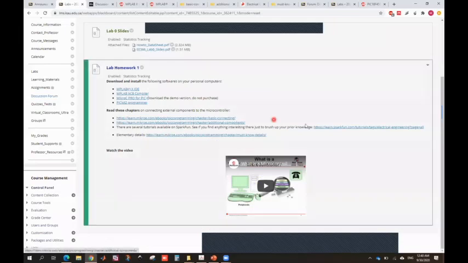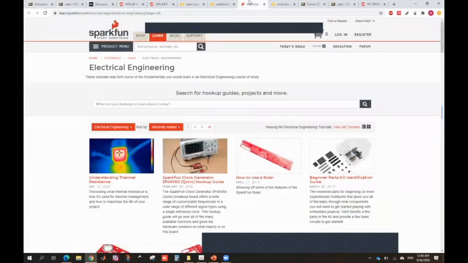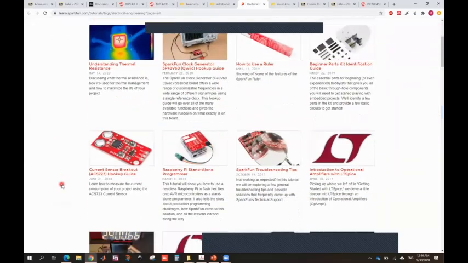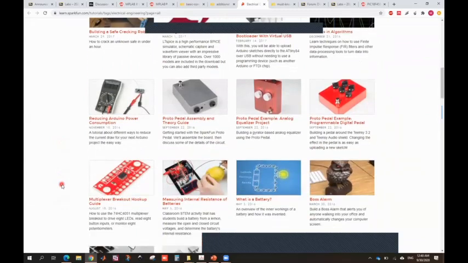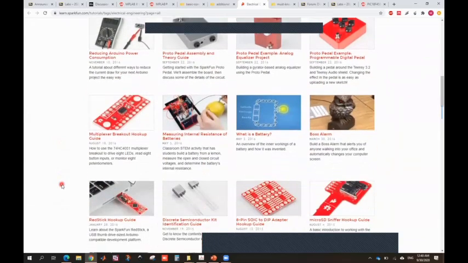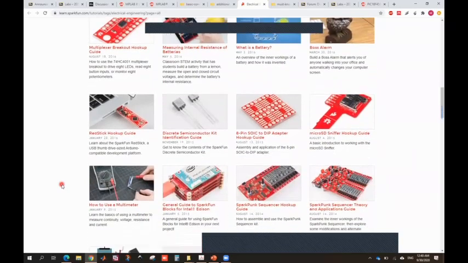There are some more tutorials given here on the SparkFun website. If you go to the SparkFun website, in the tutorials you can find, under electrical engineering, many different tutorials, and some of them might be very useful for you, and you'll be able to revise or recall what you have already studied in your previous labs. For example, how to identify the discrete components,